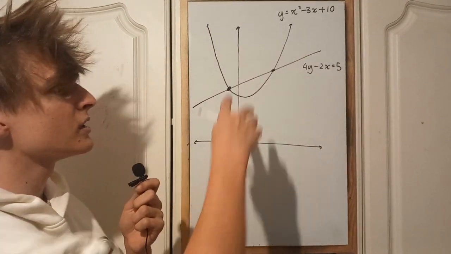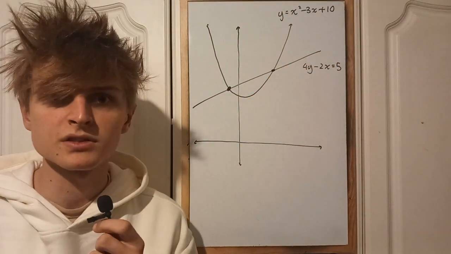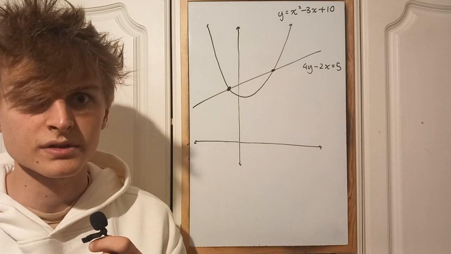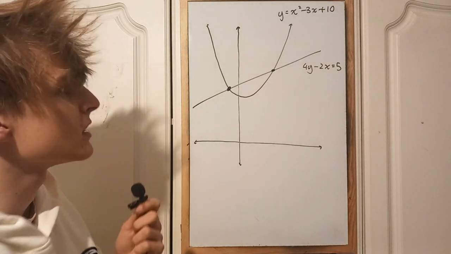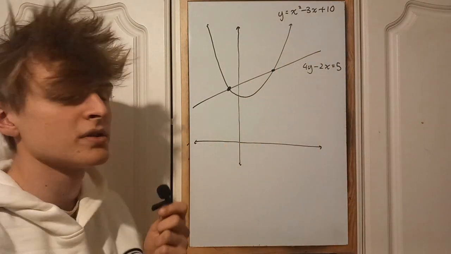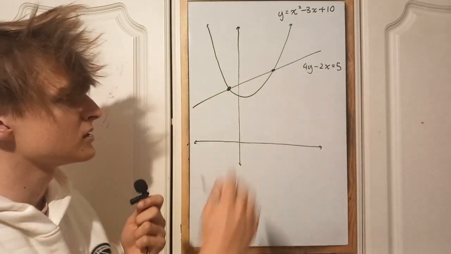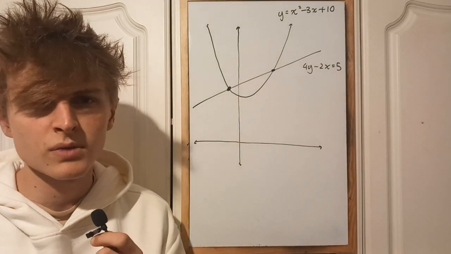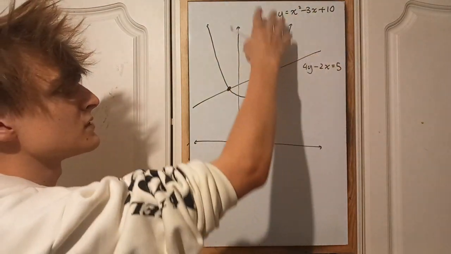And we're going to assume that we know the equations of both of these curves, because if we didn't, that would be pretty hopeless, right? How could we even start? Anyway, so assuming we know the equations of both of these curves, how can we figure out the coordinates of the intersection points? Well, first of all, let's just recap on what it means for the equation of a curve,